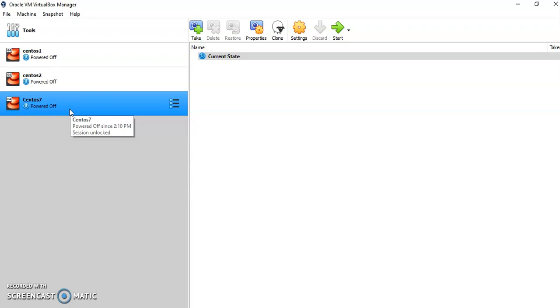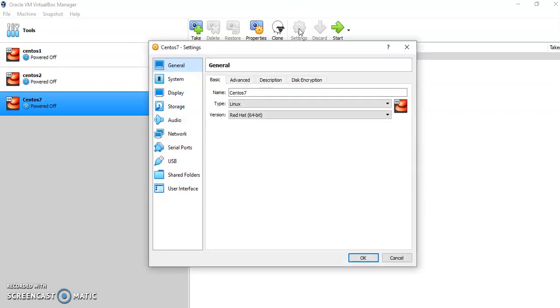But still we have to provide some more configurations, and for that again click on this CentOS and click on the setting. So before starting with the actual installation, we have to provide the initial configuration setting. When you click on the setting, you will get the different tabs. Let us select the first tab, that is General. In the General tab, it has automatically chosen the basic configuration name, that is CentOS 7 Linux and version.